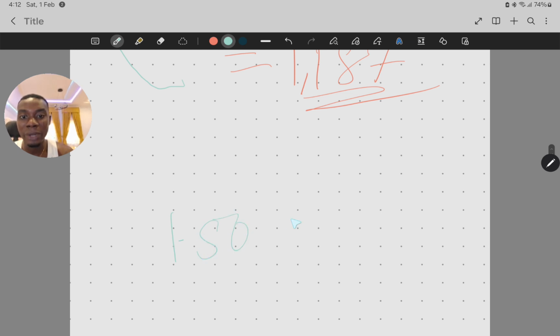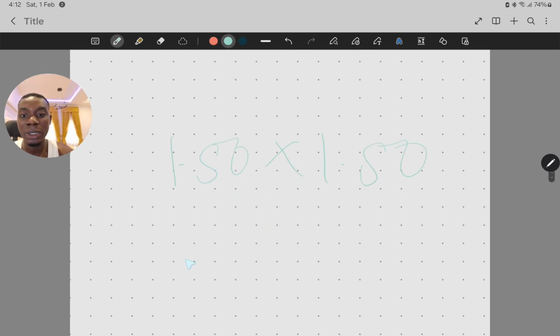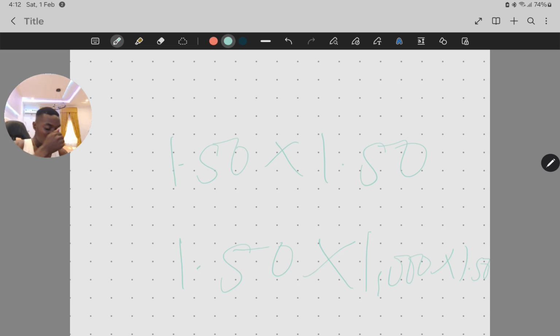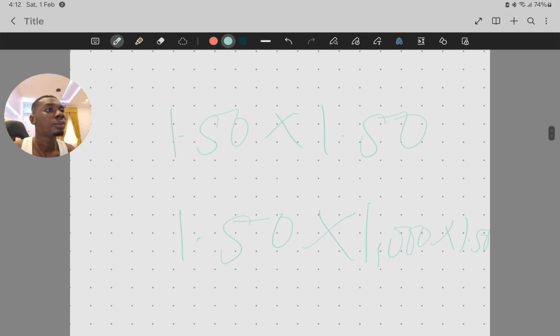That's 1.5 times 1.5, which means if you are starting with 500 naira, it's going to be 1.5 times 1000 times 1.5. Times 1.5. So that will give us